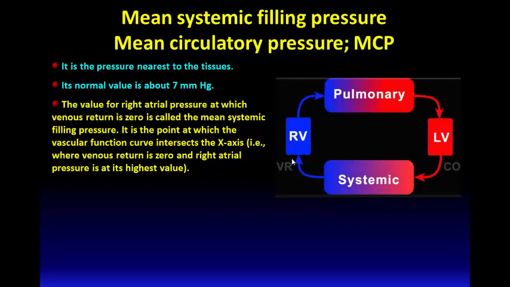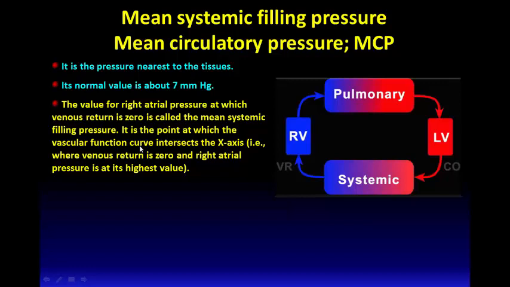So the mean systemic pressure is determined as the value of the right atrial pressure at which venous return is 0. It is the point at which the venous return curve, which is also known as the vascular function curve,